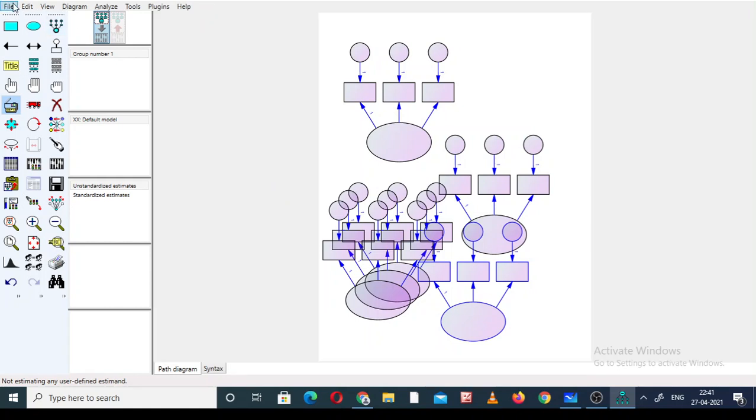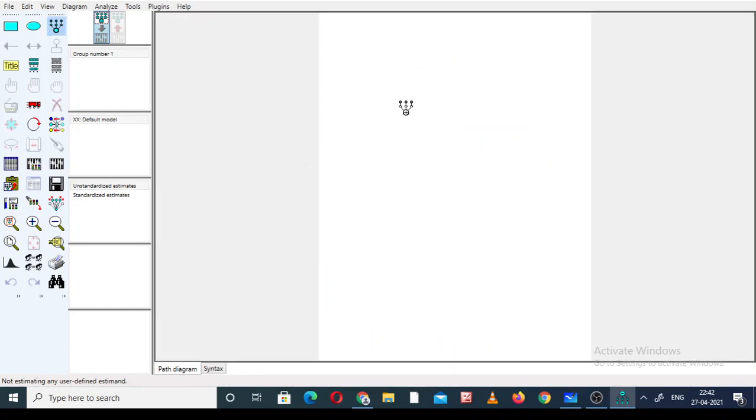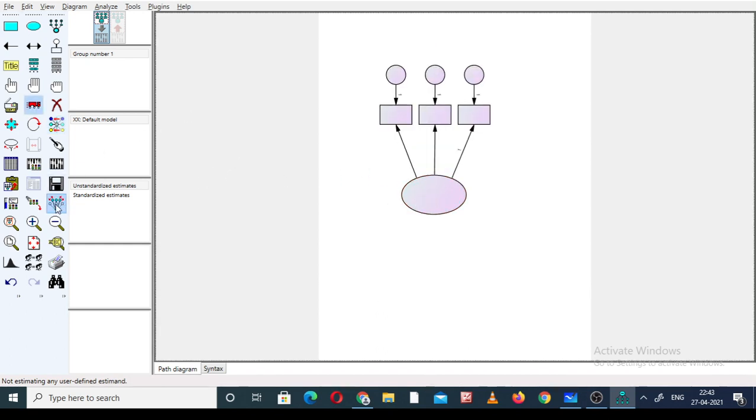The next point is preserve symmetric. When we click on this one, everything will come in the form of a selection, and after this we have to click on this move object.